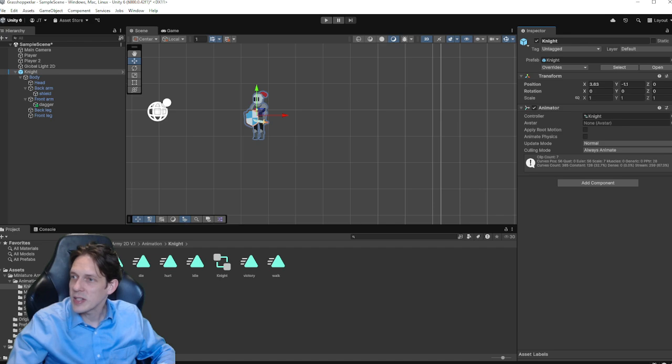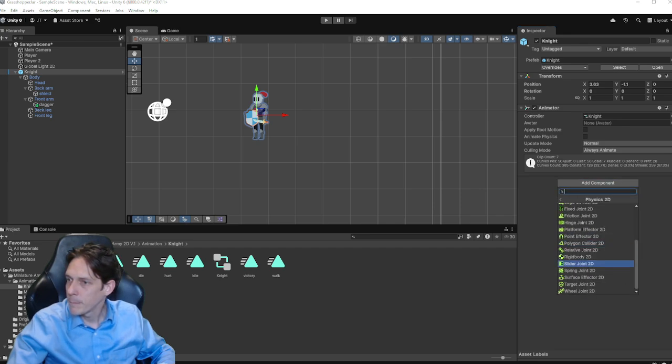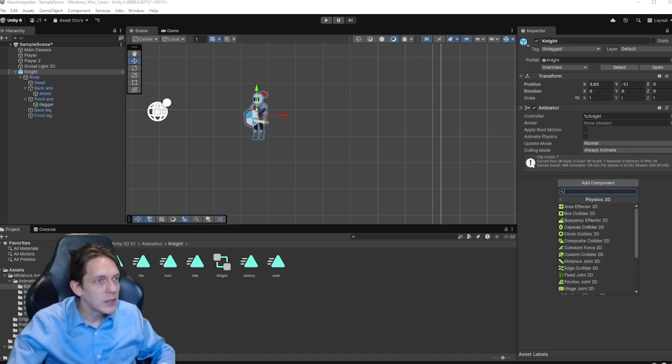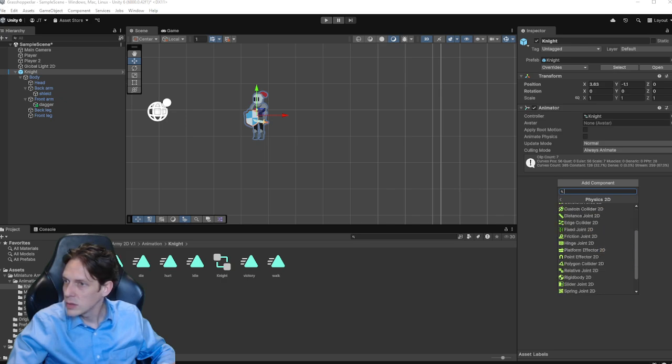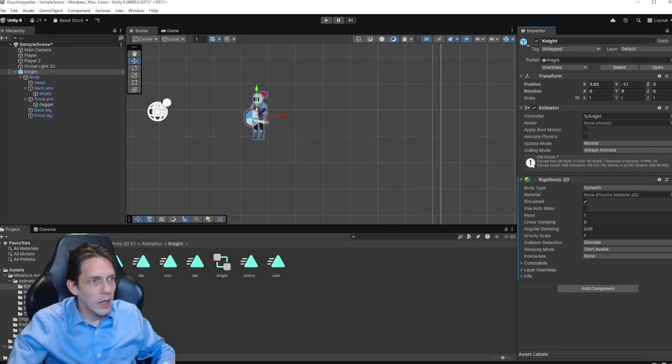All right, let's go to physics again. Let's add a rigid body 2D. And let's get that gravity off. And then we need to make a box collider or polygon collider 2D. Let's go with polygon again, I guess.